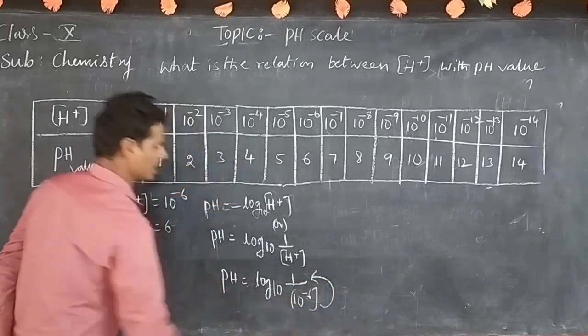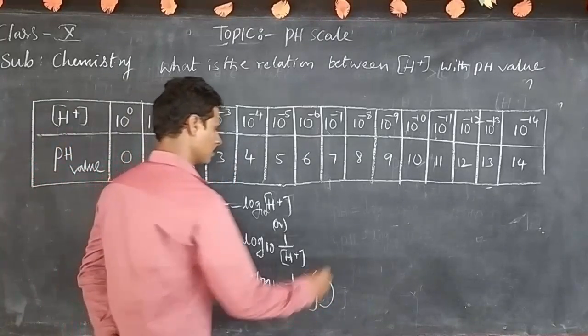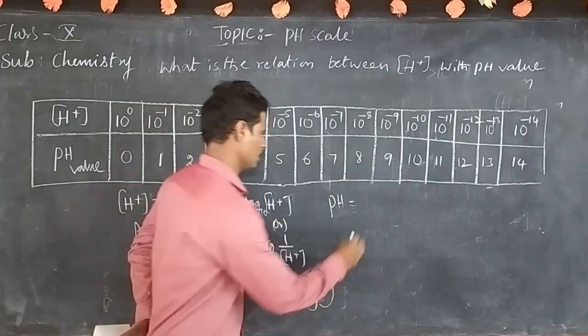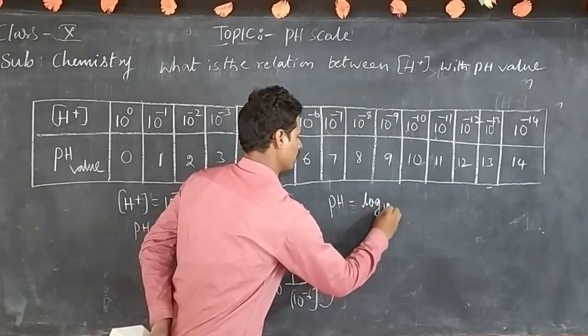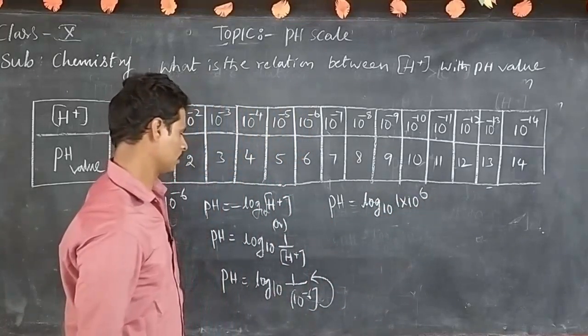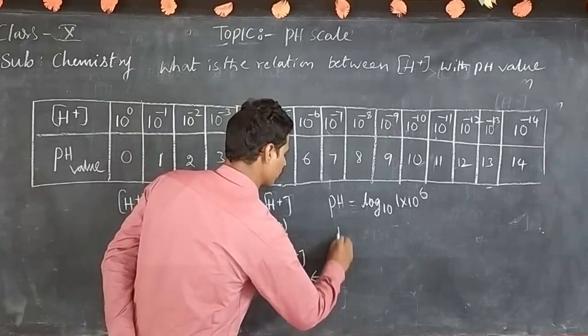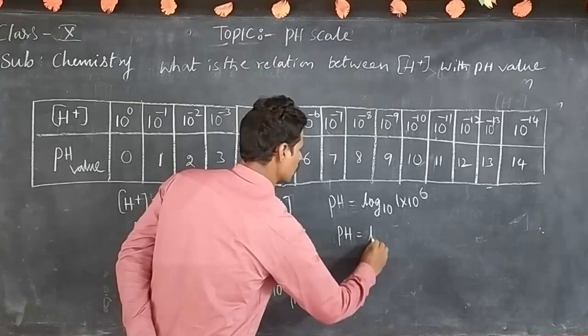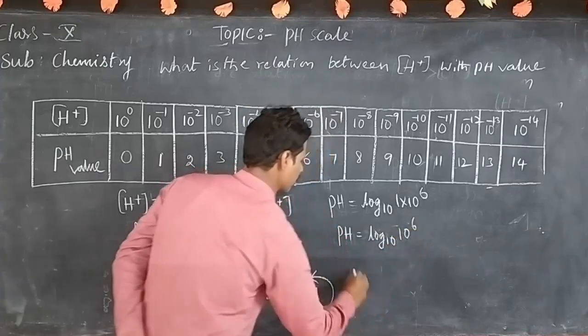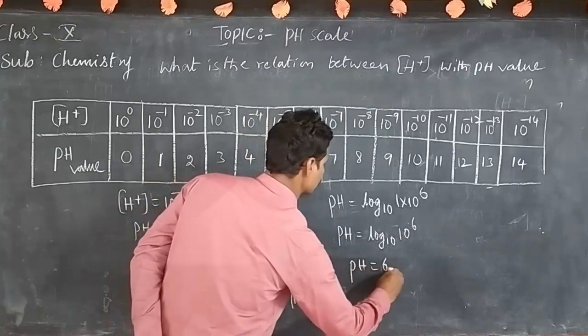This power value is sent upside. Then what happens? pH equals log 10 of 1 into 10 to the power 6. Now this one, pH equals log 10 into 10 to the power 6. pH equals 6. So